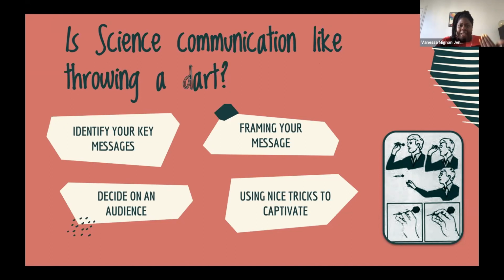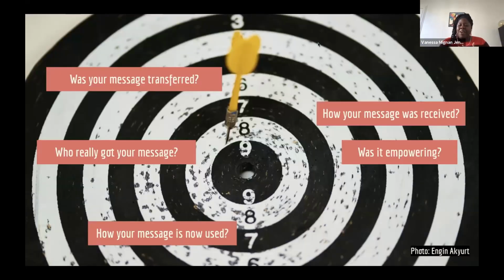And I think there is a limitation with this dart or bow example, is that when you reach for a target, you can see if you miss the target or not, and this is not so evident in science communication. You don't know if your message was really transferred, you don't know how your message was received, you don't know if your message was empowering, if it was sensitive of different cultures,